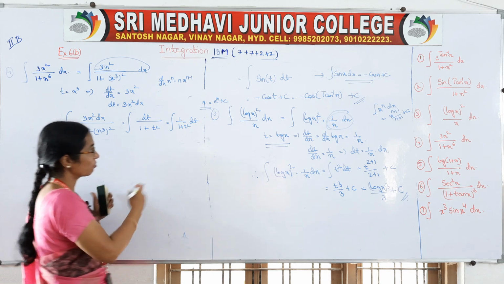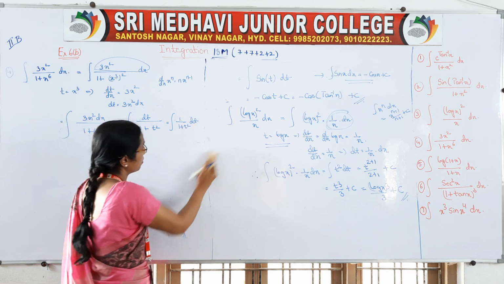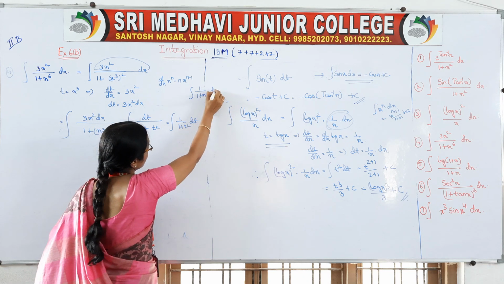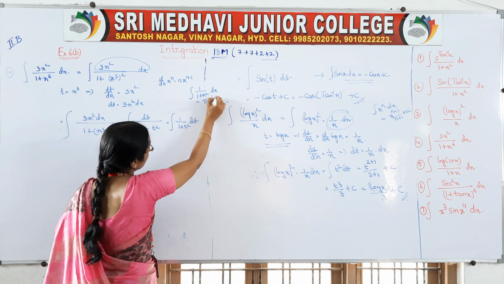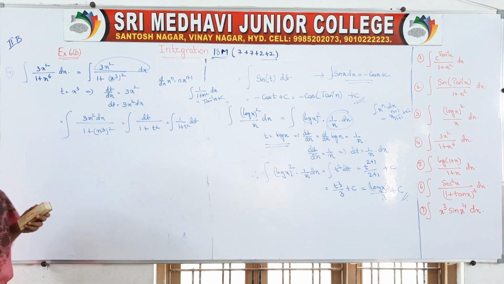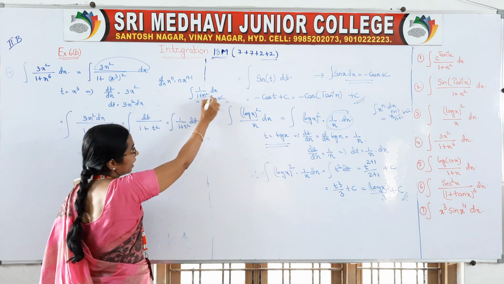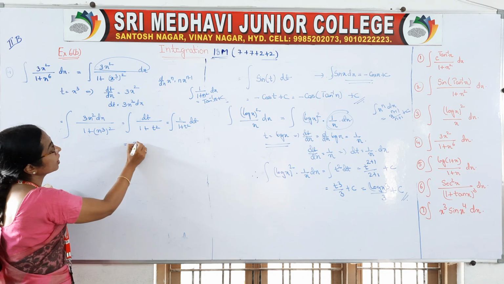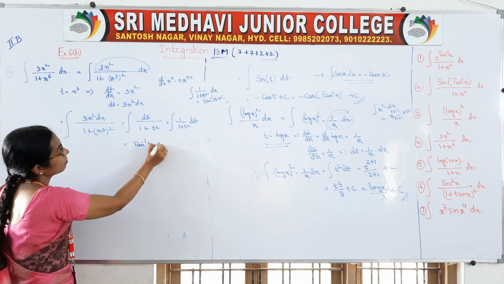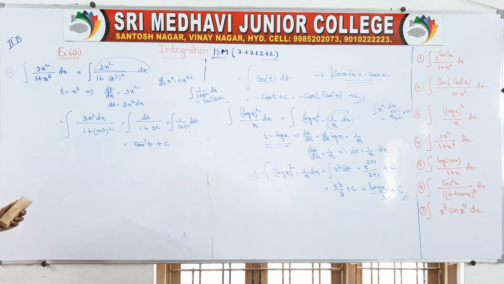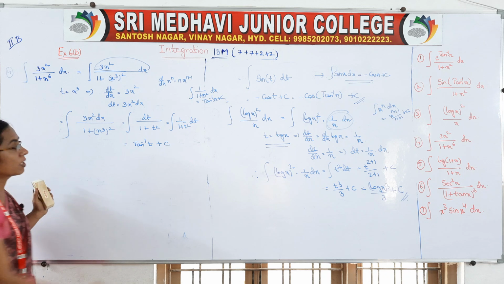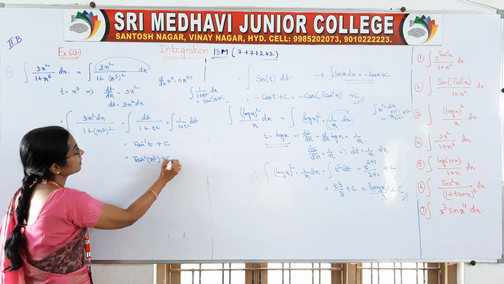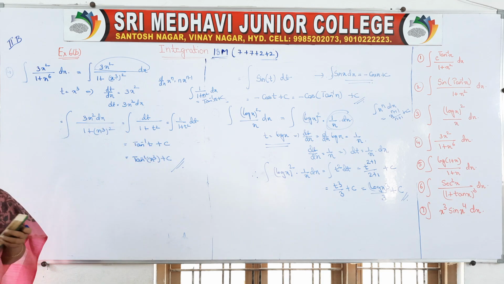Again your standard formulae. I said most repeated formulae in our integrals. What is that formulae? 1 by 1 plus x square dx integral is equal to tan inverse x plus c, right? So formula is in terms of x, your value is now in terms of t. Apply the formula, is equal to tan inverse t plus c. What is our t? We have taken t as x cube. Substitute, is equal to tan inverse of x cube plus c. That is the answer. Okay.